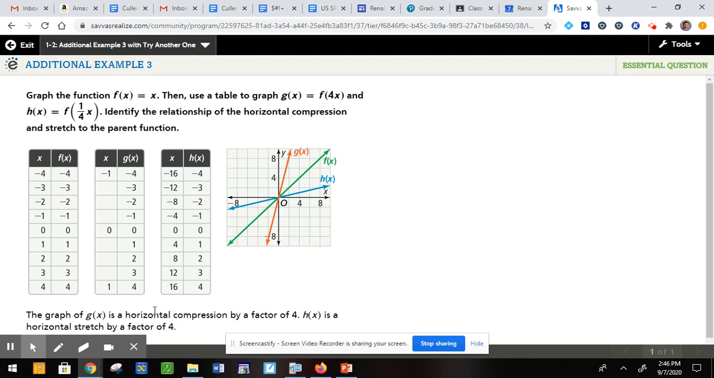So the graph of g of x is a horizontal compression by a factor of 4. H of x is a horizontal stretch by a factor